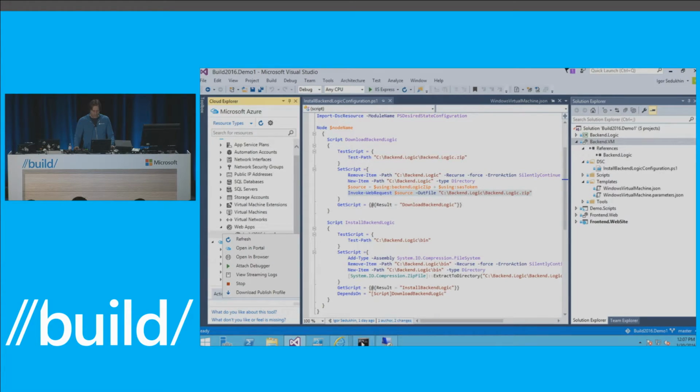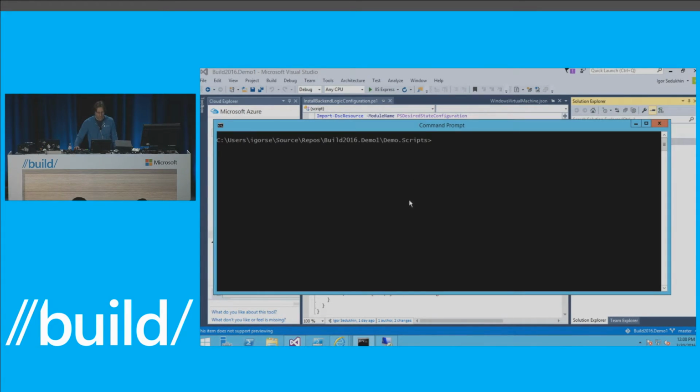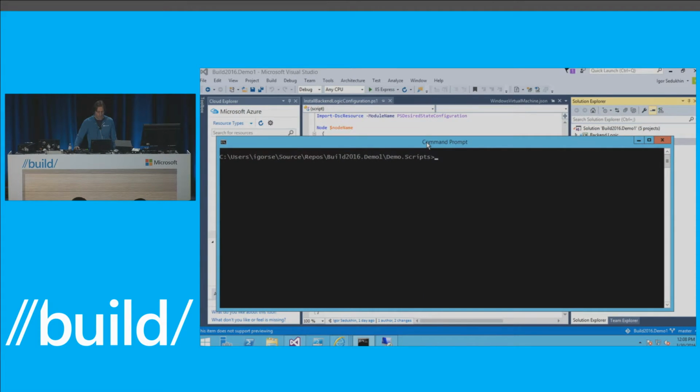What about operations? I have this little project here with a bunch of scripts. So imagine I'm developing this. This is in a Git repository, and I'm running some sort of continuous integration lab. What it does is it pulls from that Git and deploys my app, runs the test, and does it regularly, and so on, right? I can have the scripts right here in my Visual Studio solution, and then have them pulled out of that repository.